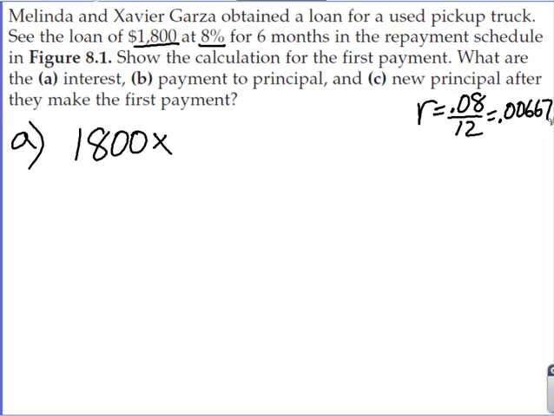Remember, I've told you to take the interest to 5 places. Okay? 0.00667. All right? Now, since this is only for 1 month, because that's exactly what it wants us to find,